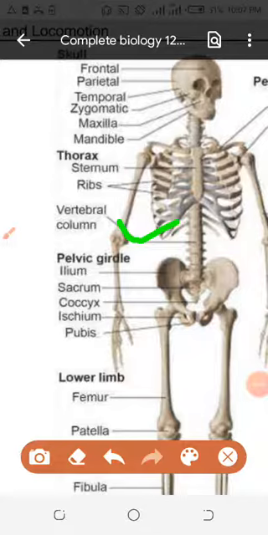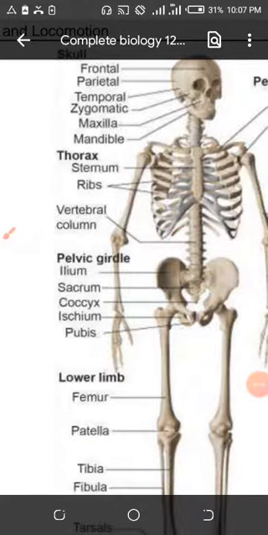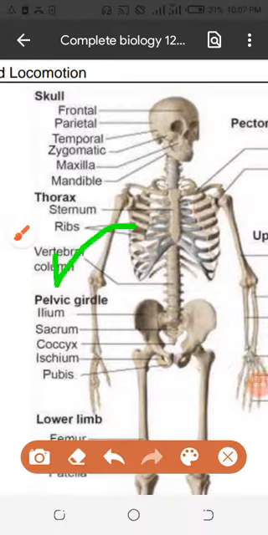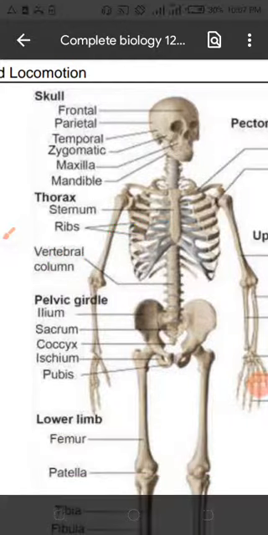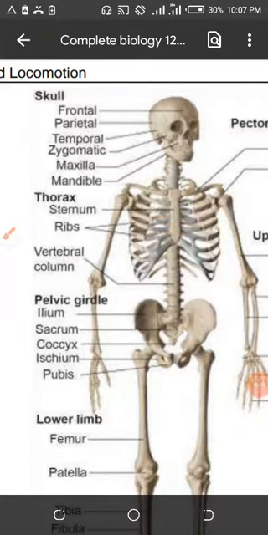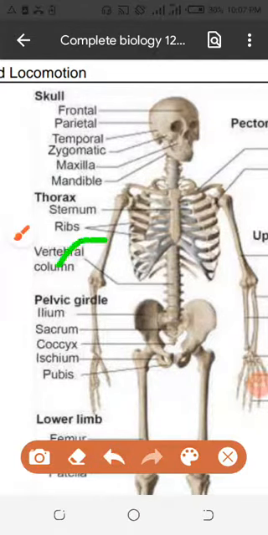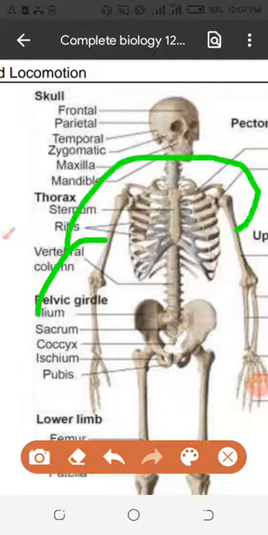Now I am going to teach you a different thing. The reason is that these bones are nothing. The muscles which are attached with the bones, they are important. If I see the birds and check, these bones are strong, these muscles are strong, the muscles which are attached with this forelimb will move this bone. Just hold on. I'm talking about this bone, not the ribs. Even these bones are stronger in the birds.